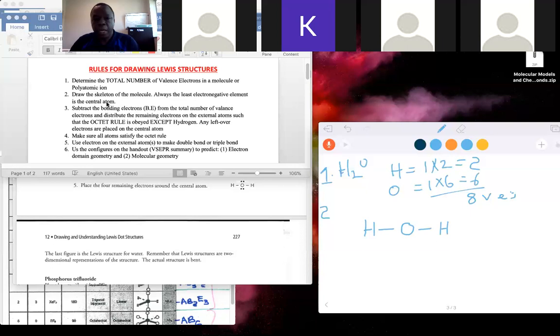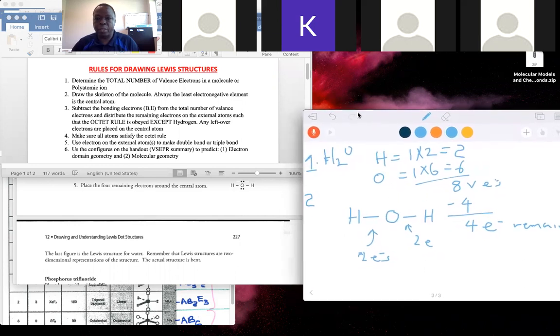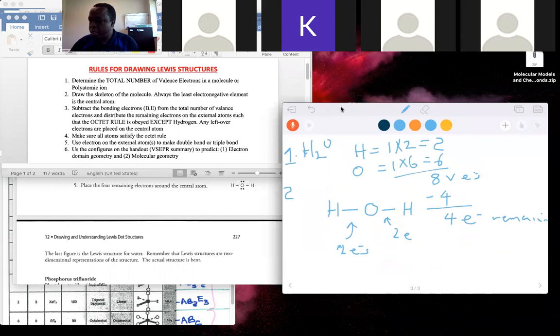Now, rule number 3 here, subtract the bonding electrons, BE. Bonding electrons stand for each line. We have 2 electrons here, we have 2 electrons here, so that we have 4. So I'm going to subtract 4. We remain with 4 electrons. These are the number of electrons remaining, and in these remaining electrons,